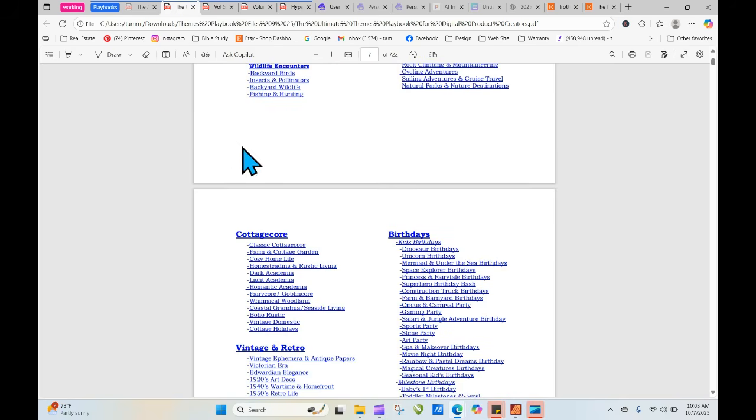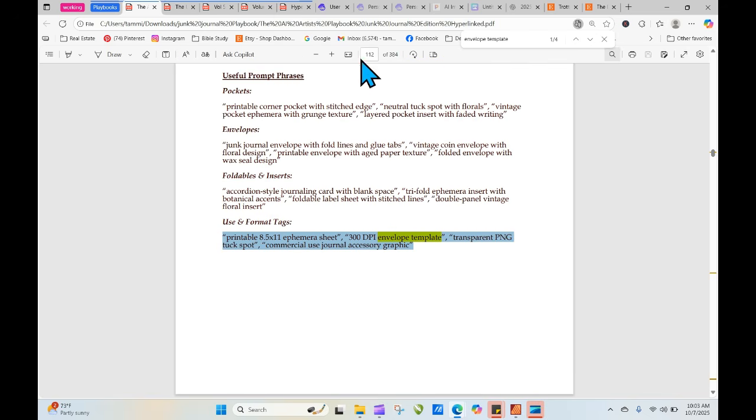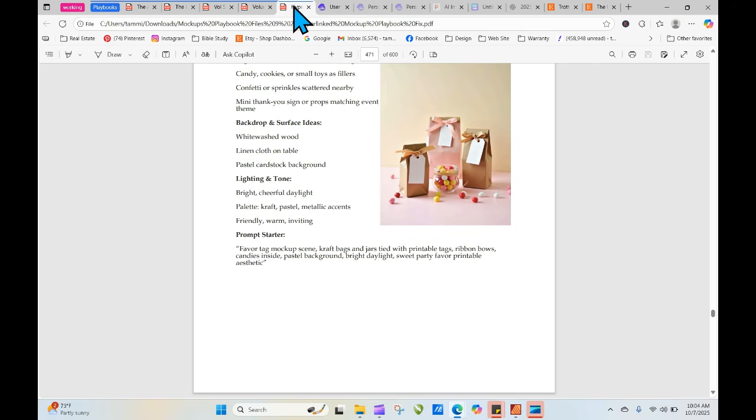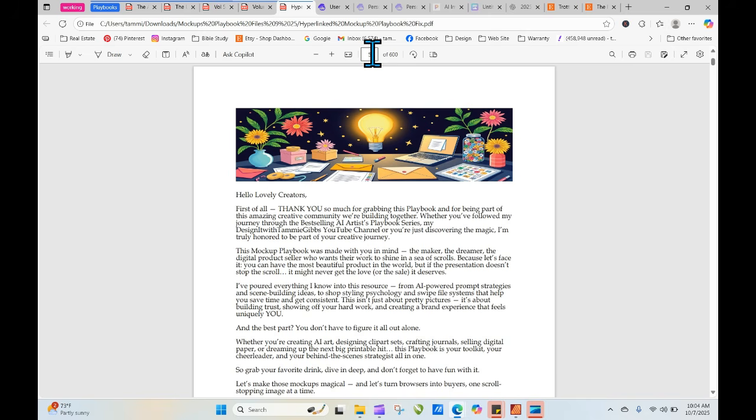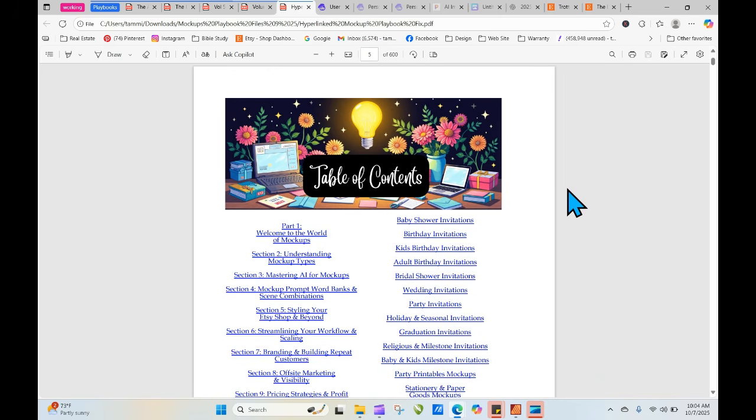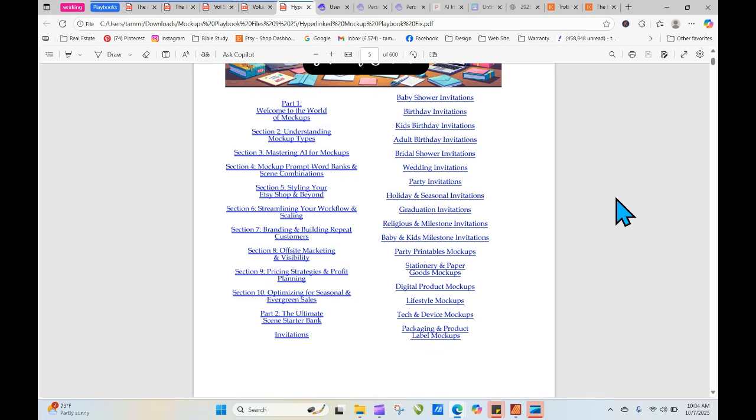And then when you get to the mock-ups, we've got the new mock-up playbook. And I think that's here. Yes. Okay. And so just to show you, these are some of my newest ones. So here's the table of contents. You have mock-ups for practically everything. Understanding the different types, whether it's a flat lay or a lifestyle mock-up, the differences, styling. This actually goes beyond mock-ups and talks a lot about, there's a whole section on styling your Etsy shop,